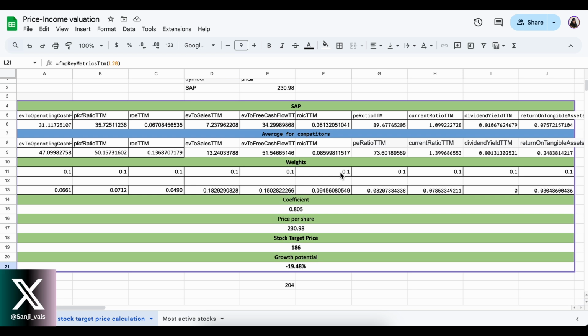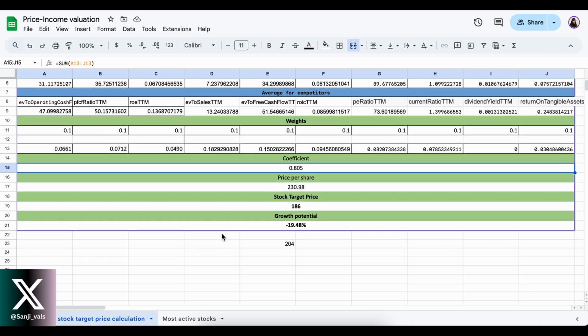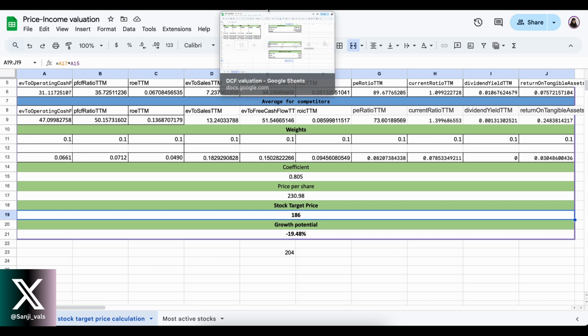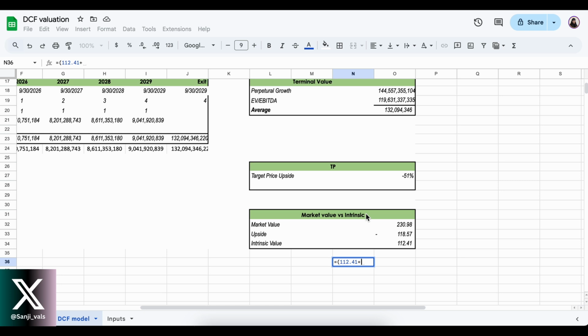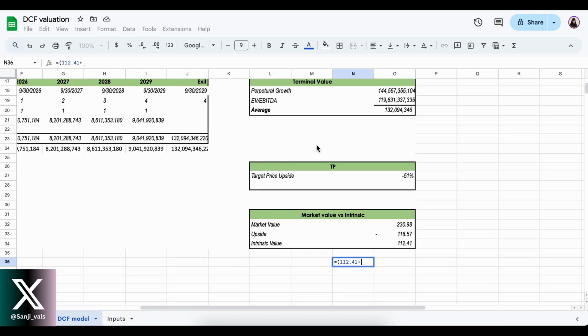Again, I have the video with detailed instructions. I'll put the link in the description, and you can look at how you can calculate it using the price income model. And based on this model, it gives you 19% decline potential with the target price of 186. So that's the second point in our valuation. So we write it down here, 186